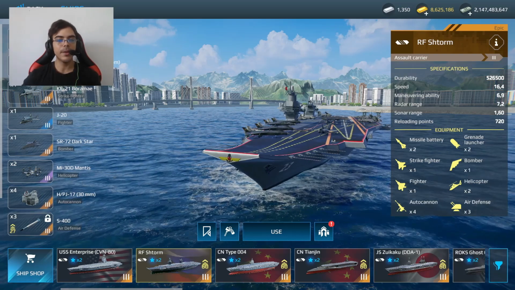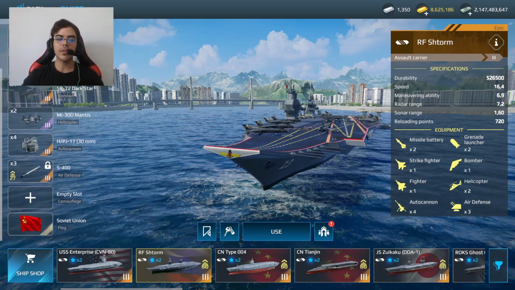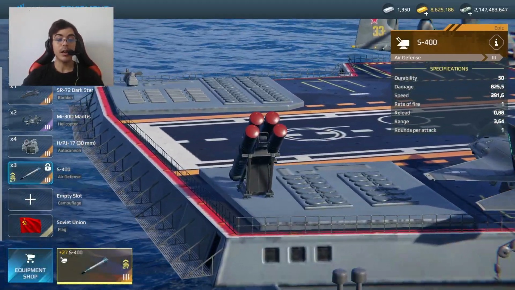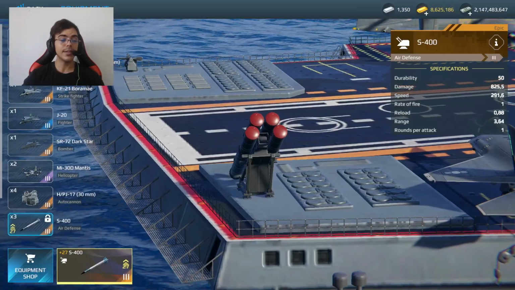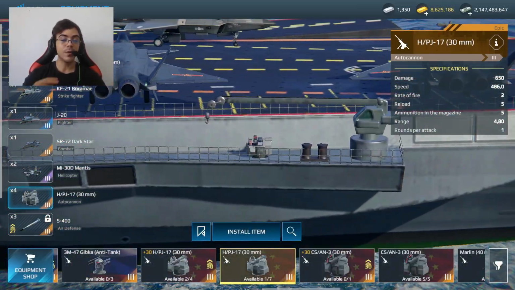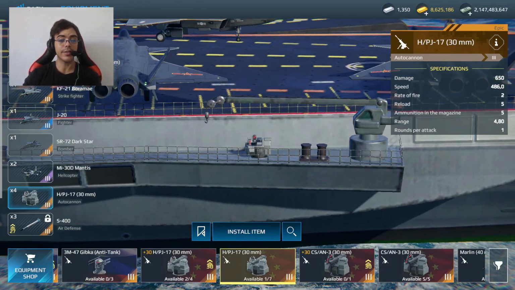So in my opinion, the best option for dollars could be the RF Storm. The only problem with this aircraft carrier is that the air defense is kind of weak. We only have these 3 Xylo missile systems, but it is not enough. You can complete that with 4 autocannons that can attack air targets as well, like the Seahawk Sigma or the